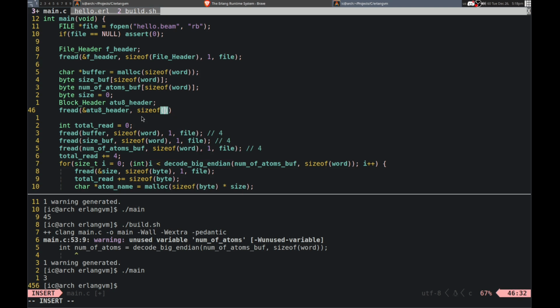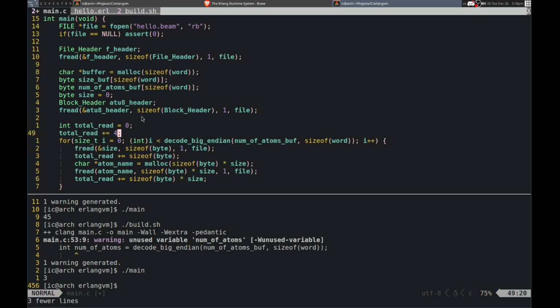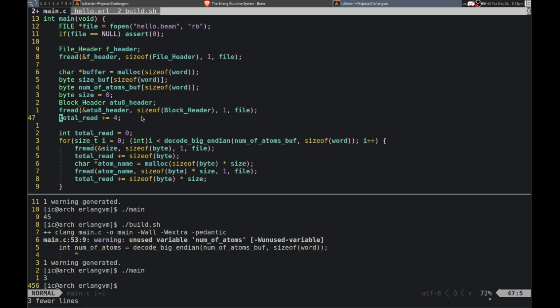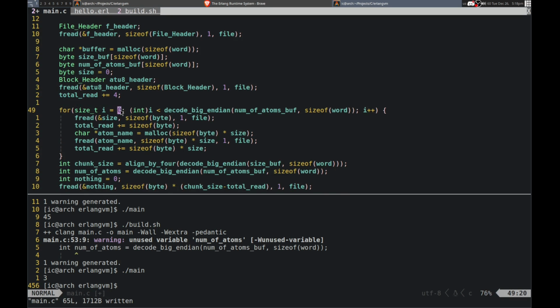Let's see, we want size of block header 1 and 5. And then we should have all of these. Yeah, so we need size plus equals 4 as well for that. Total read, we don't need that. Equals 4, and then this will just comment so it's clear. Initialize total read to 4. Where's next? Yeah, I didn't really explain that very well, but I can change that later. Okay, so then we should have all those in here, and we should be able to use those.